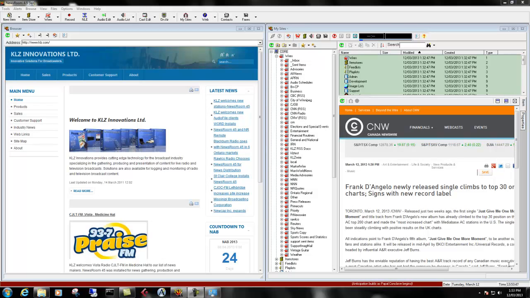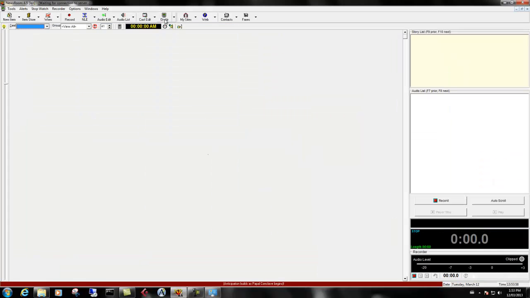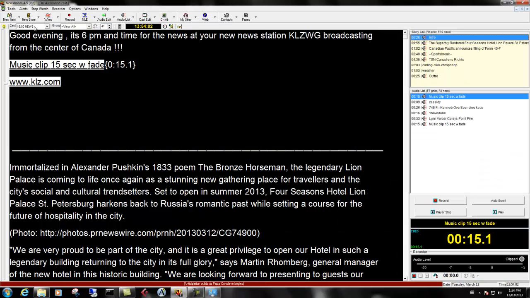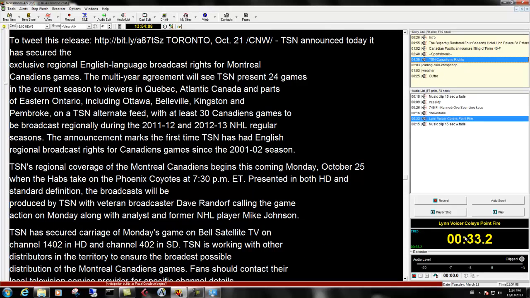Using the on-air module in NewsRoom 4.5, here's a way to record your cast without having to listen to your actualities. Open the on-air module, select your cast, your time of day. I set it on auto cue, auto track, so that no matter which story comes up, it automatically cues up